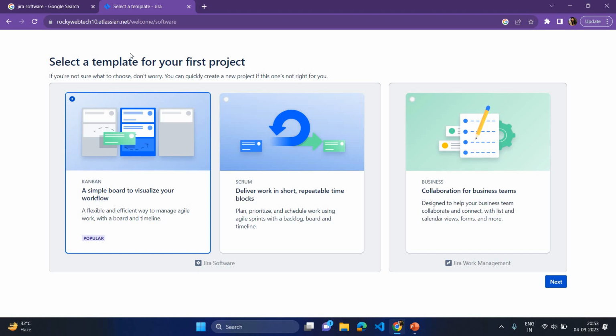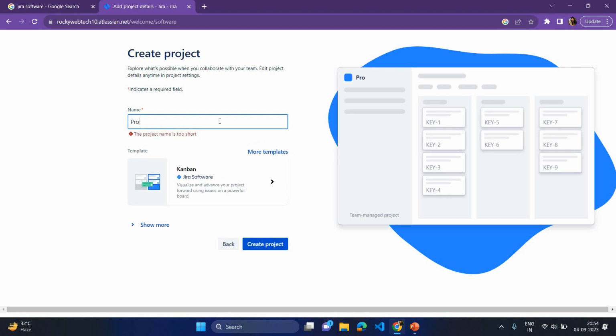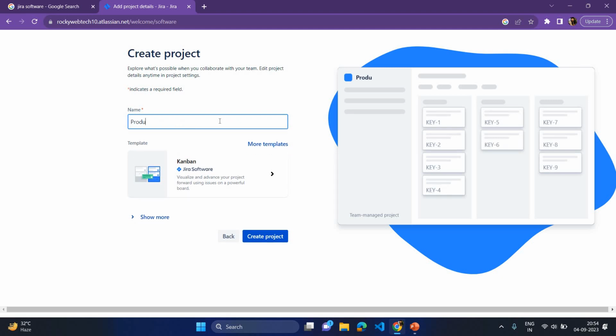You just need to select the template. By default it is already selected, so there is no need to select any other. I will tell you about that in the next video. We click on the next button, and here you have to mention your project name. Let's say you write product list. You can write whatever your project name is, and we will click on create project. Okay, before that